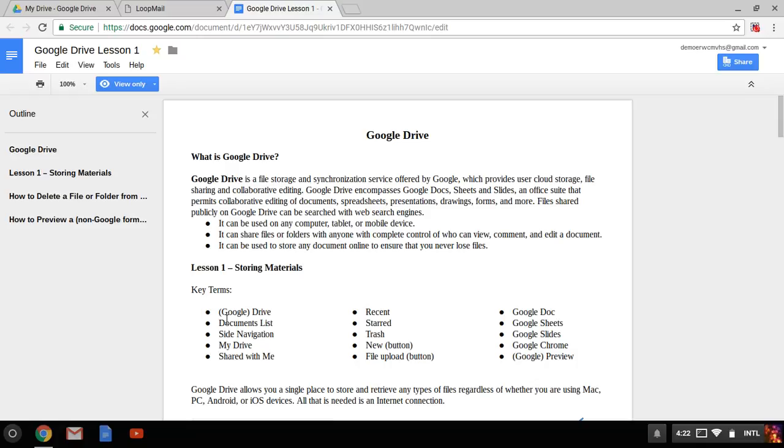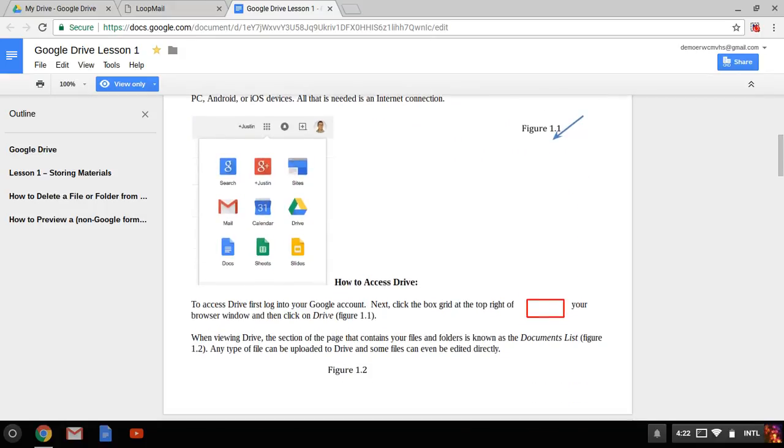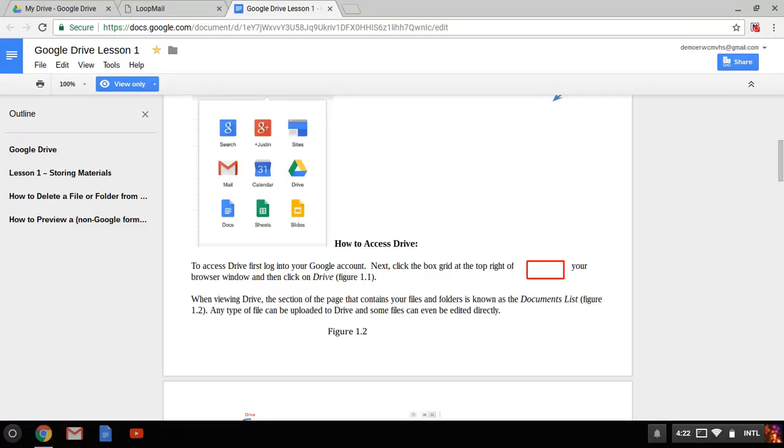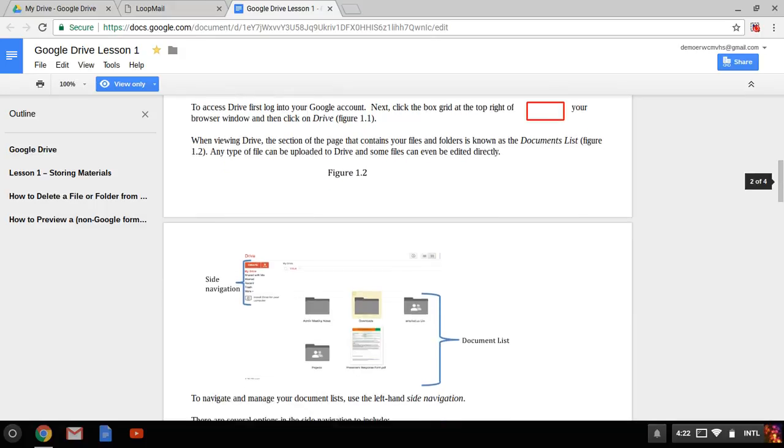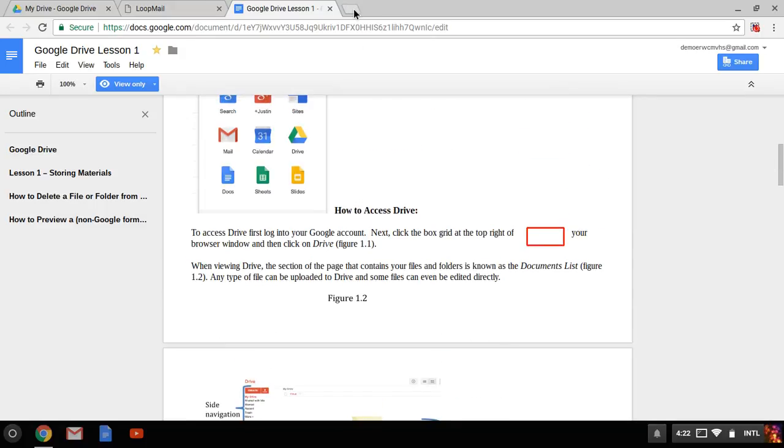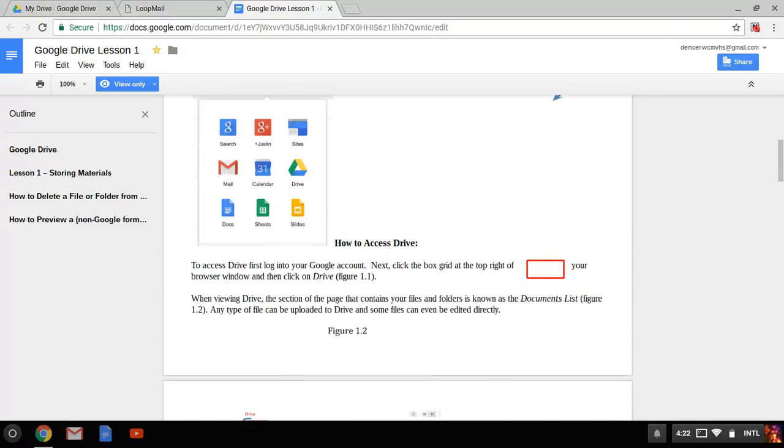For example, I'm pretty sure everybody is pretty clear about what Google Drive means, but you might not know what side navigation is. So if you come across a word that you don't know, scroll through the tutorial to find out what it means. So you probably don't have any trouble accessing Drive. If that's the case, if you're brand new to Drive, if you've just come to Mountain View and you've never ever used